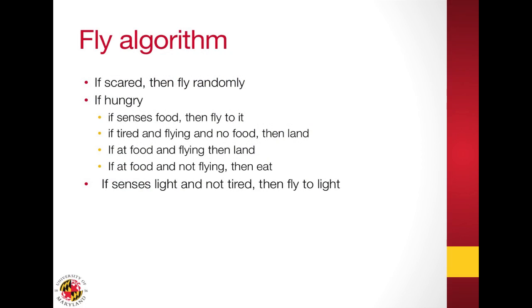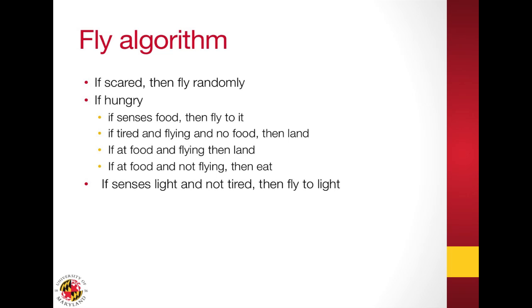Finally, let's take the algorithm we just drew as a picture and rewrite it as pseudocode. That is, as text in a way that more closely represents how we're going to write this as a program for a computer. And we're going to do it with a sequence of conditionals. That is, we're going to say if the state of the fly is a certain thing and it senses a certain something else, then this is what it should do. And here's what that